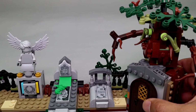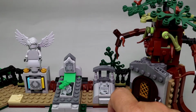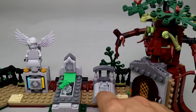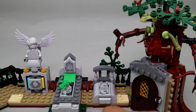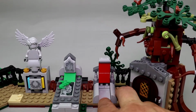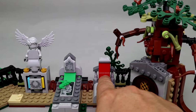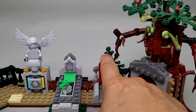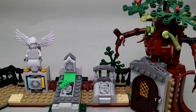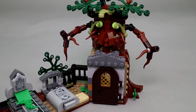Moving a little bit over some more, you see that there is another grave here. And there's a carving or engraving here done with a sticker on top of it. And this also opens up to reveal some red pieces. So the application will see this red and actually have a ghost fly up out of this grave here. The other side